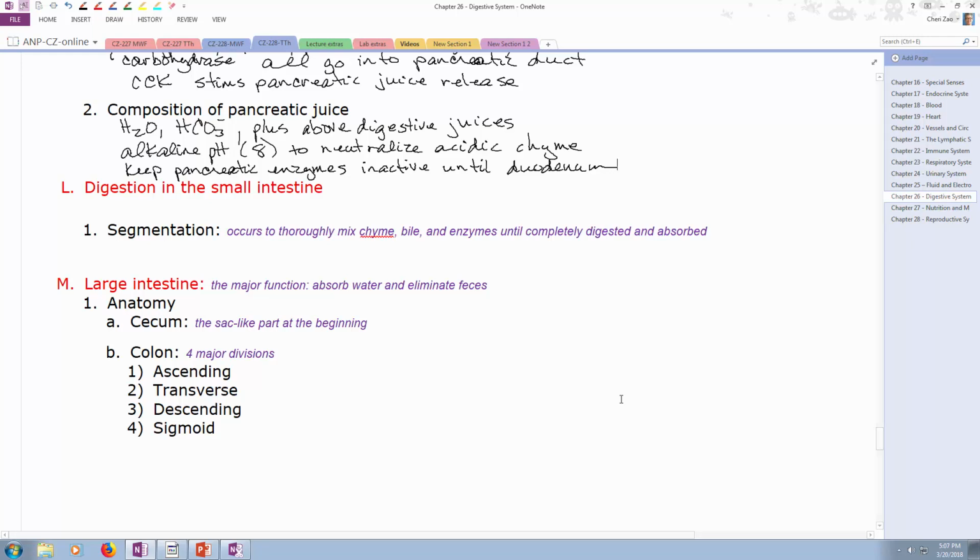So now digestion in the small intestine, no significant fat digestion until now. We've been working on our carbohydrates and our proteins, even a little bit on the nucleic acids. So now we're in the small intestine, and segmentation is the mechanical process of mixing chyme, bile, and the enzymes